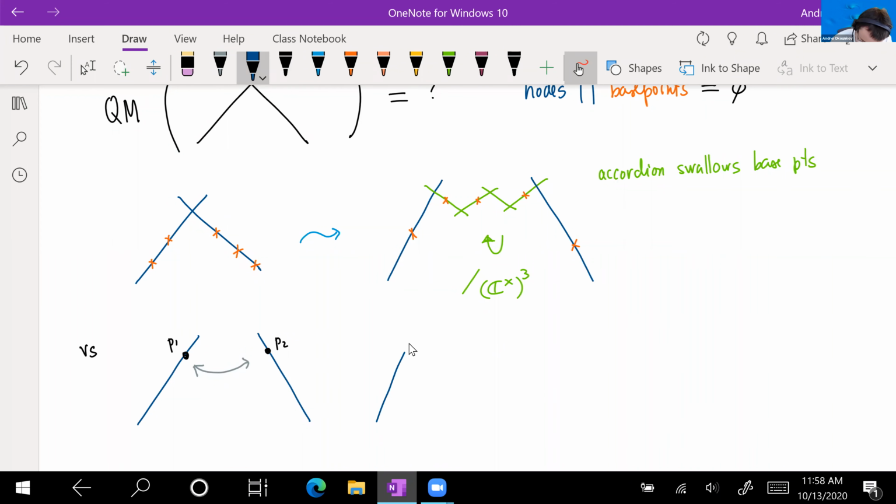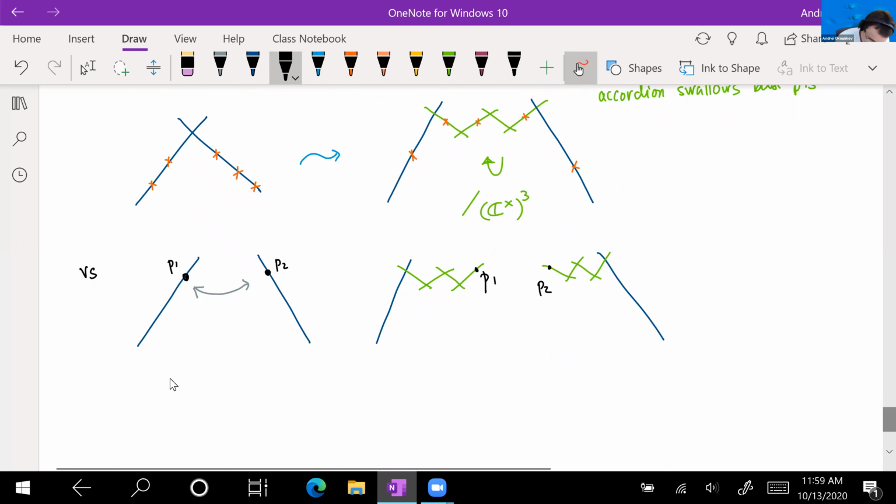This means we can have a separate coordinate on P1, and another coordinate on P2. And so if we just glue them,